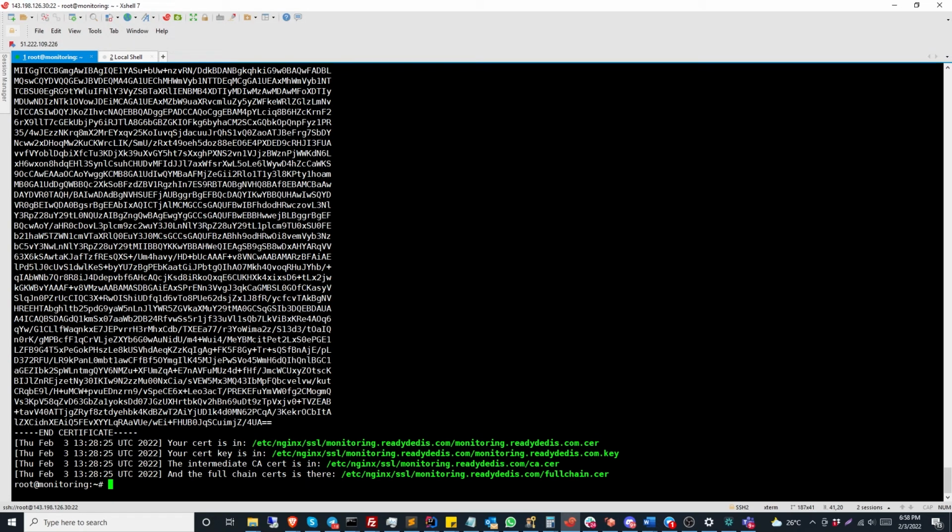So now you can see we've got the path for the certificate, the key, the intermediate CA, that is the certificate authority, and the full chain of the certificate and the certificate authorities in the full chain.cer. So this is done. Now I go back to my default file